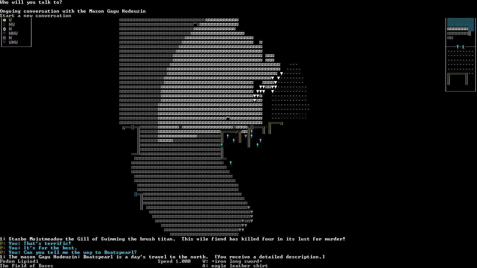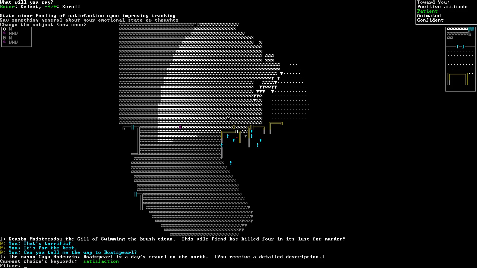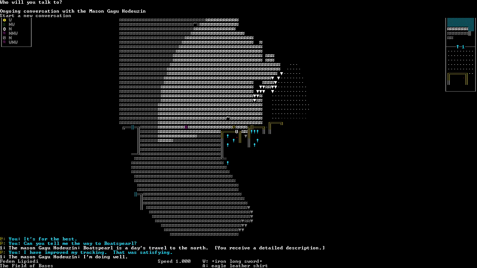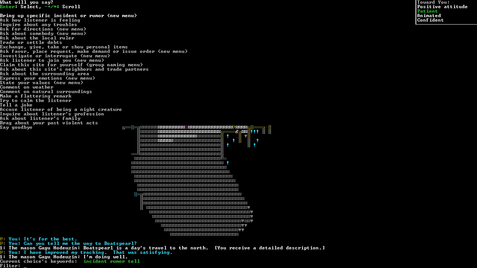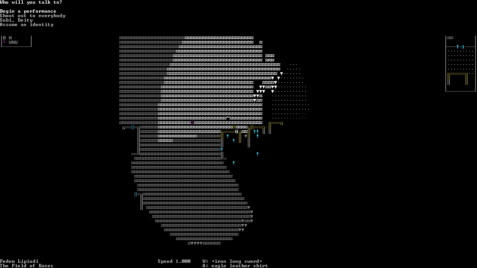And how do you get the boat spurl? Huh. He really likes us, probably because of that horse. We can express our emotions, satisfaction about improving our tracking a little bit. Again, doesn't really matter. So that's pretty much it. Say goodbye. Oh, let's give him the dice. Let's see if he'll roll it. I'm sure he won't, but...